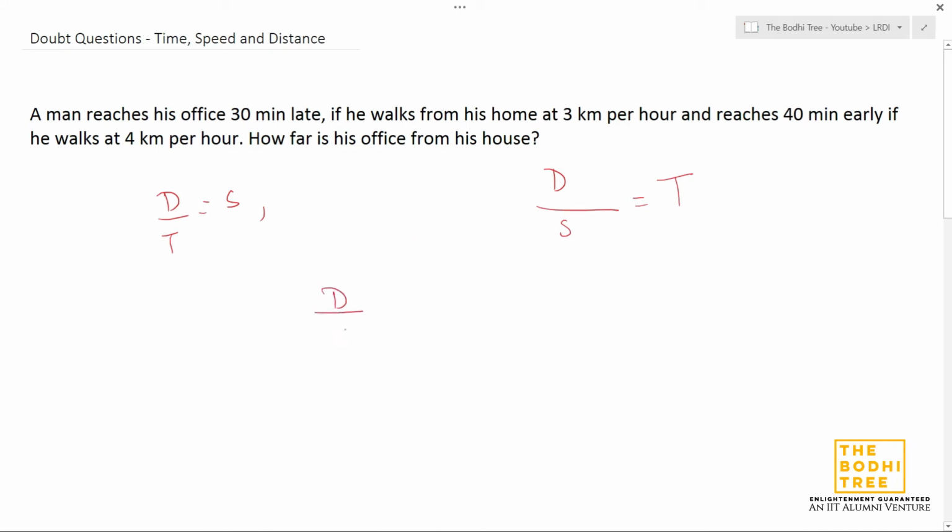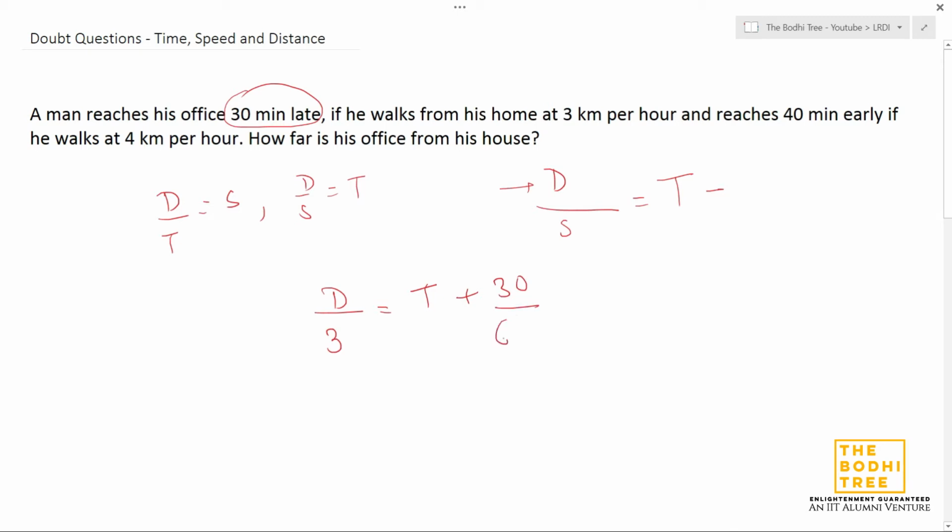So if he walks from his home, distance by time is equal to speed. We also know distance by speed is equal to time. So now I am using distance by speed is equal to time. So if he is going at 3 kilometers per hour, he will reach the office 30 minutes late. So standard time is t hours, because the distance is given in kilometers and the speed is in kilometers per hour. Standard time will be t hours, but because he is reaching 30 minutes late, the new